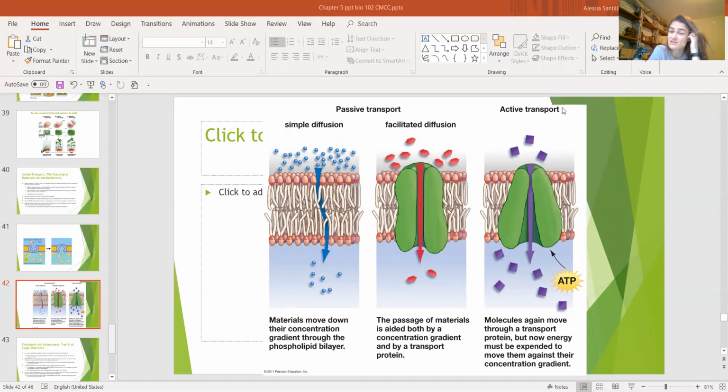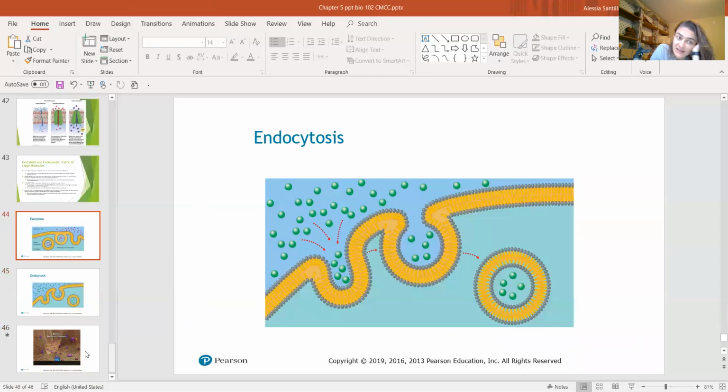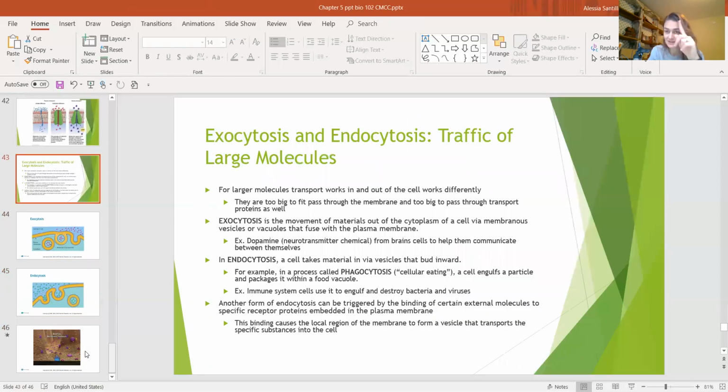And then we also have the third option, which is active transport. This is basically going against the concentration gradient when we go from low to high, and we're still going through a protein. Since we're using a transport protein, and since we're going from low to high, it requires ATP, it requires energy. Now, last but not least, we're going to talk about exocytosis